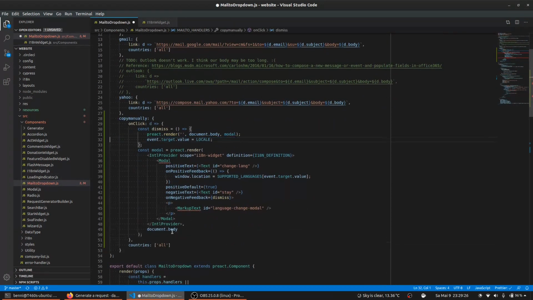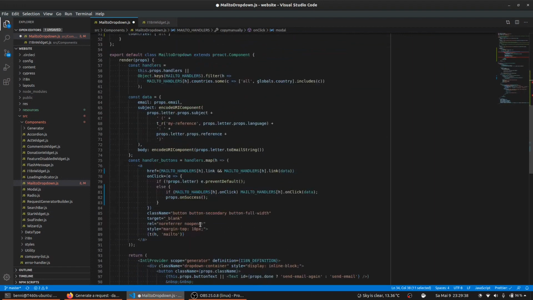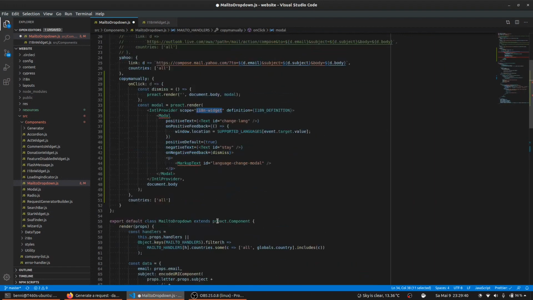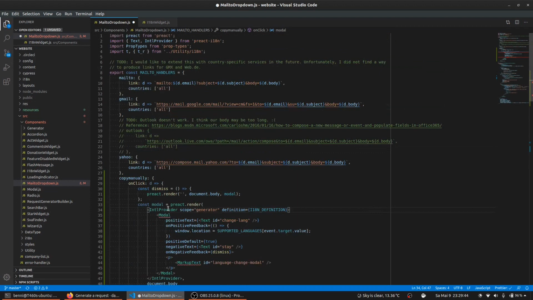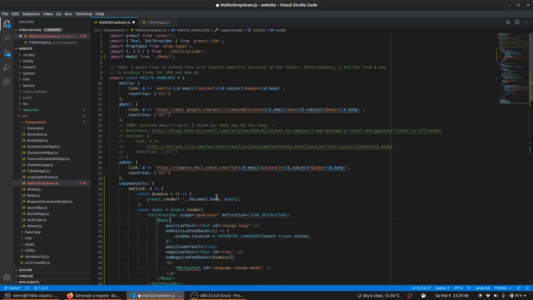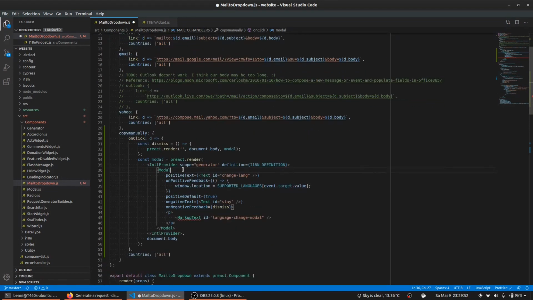Again, I'm not going to worry about that or that. The scope for our translations here, let me just check quickly, is generator. We need to import modal. Let's see if VS Code can do that. Yes, it can. Awesome. And okay, so